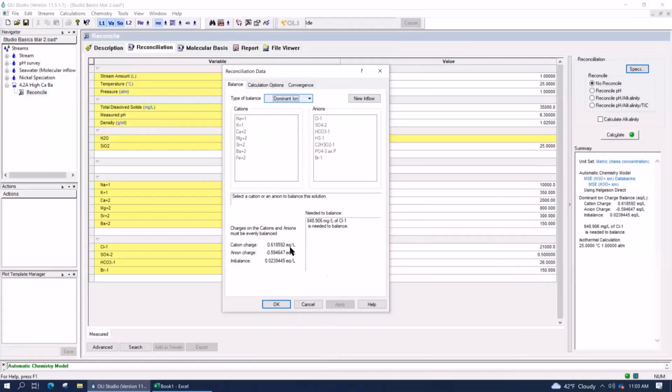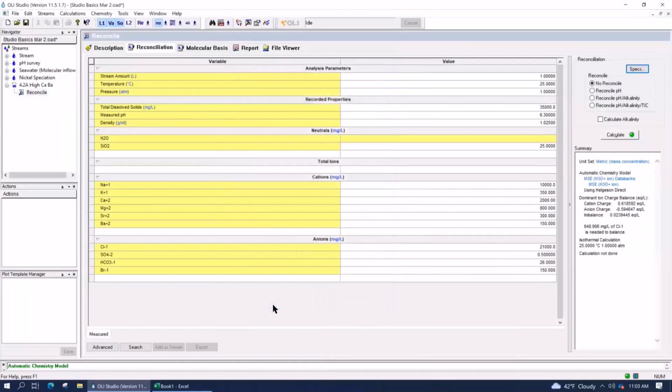Okay, all right. So that is the basis of what we call the balancing charge. That's always step number one. Step number two then is to reconcile, or bring together, and make sure that the calculated properties, things like pH or alkalinity or total inorganic carbon, match what was measured in the lab.